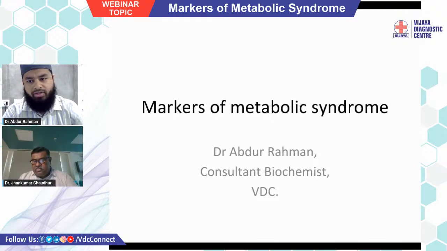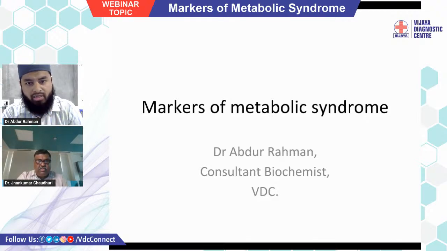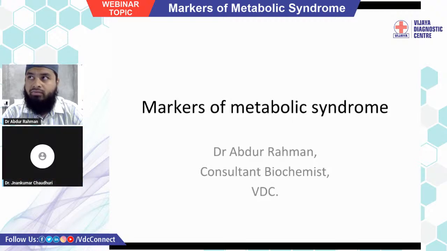So now let's talk about the prevalence. Worldwide in the adult population, it is around 20 to 25%. In ICMR data from India, it was found that 72% of the population has low HDL and 30% have high triglycerides. It's a non-communicable disease, very prominent nowadays in the modern era because of changes in our diet habits. As per the AHA, American Heart Association, metabolic syndrome doubles the risk of cardiovascular disorders and increases the risk of developing diabetes 4 to 5 times.